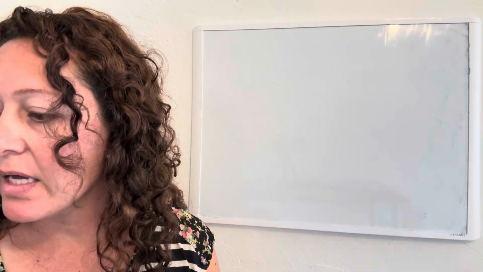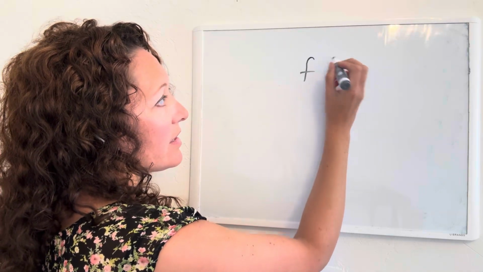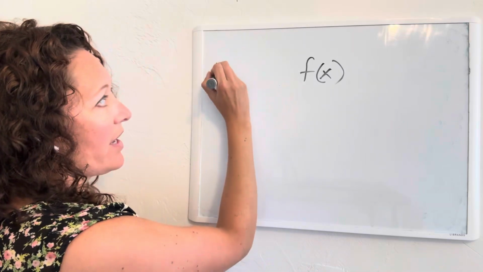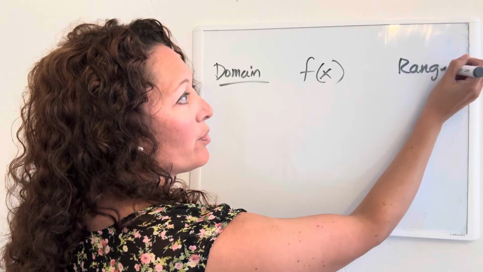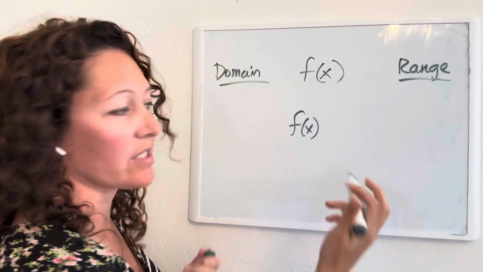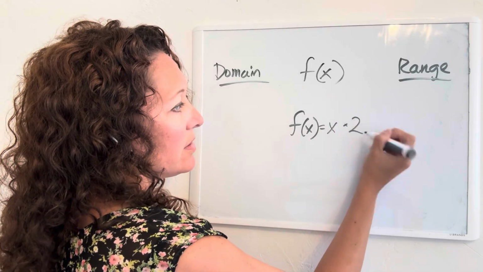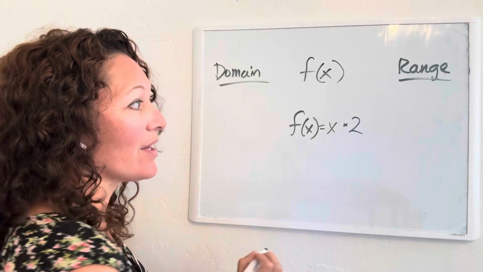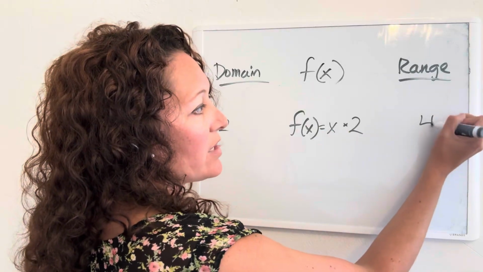Relationship is the next of the 5 common topics. So the relationship of functions. Last week we talked about functions and we did the little Minecraft example. So we have our domain with our inputs, and we have our range over here with our outputs. If we had an f of x, last week we were doing x plus 2. In this case, we could do x times 2. So if I have 2 over here, I'm doing 2 times 2, and my range becomes 4.